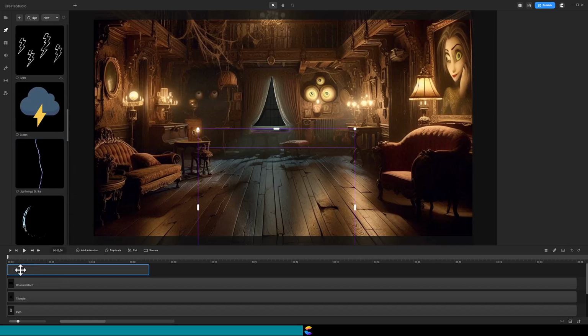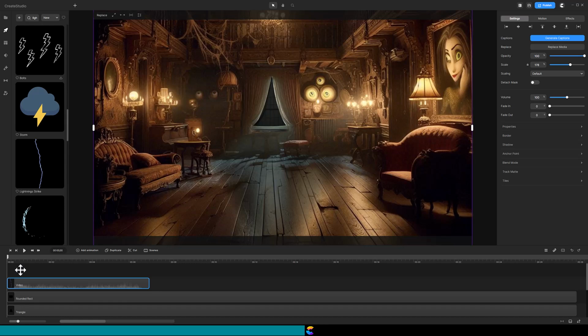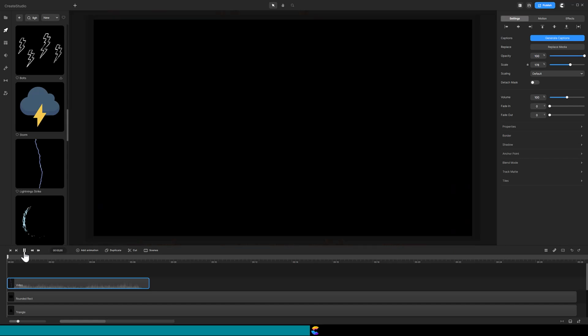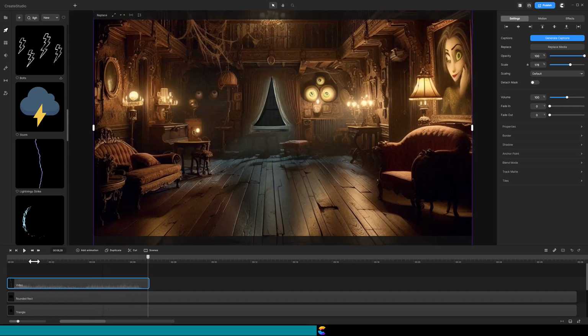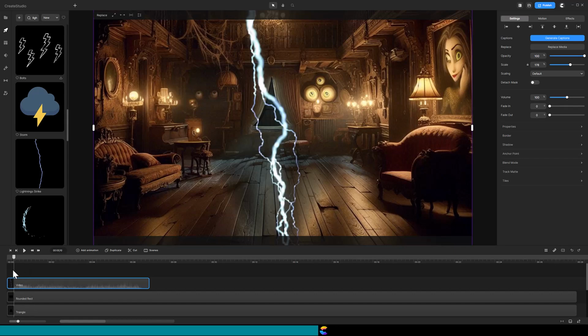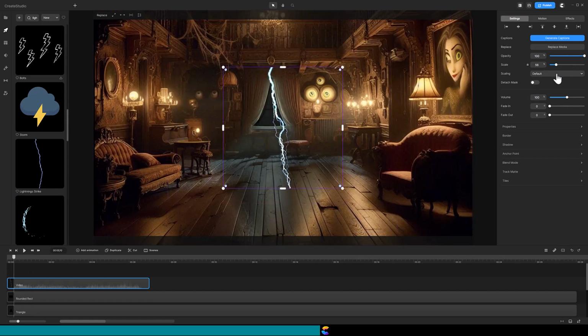This is a video of some claps of thunder that will be great to set the mood. Drag it onto the timeline and play it to see how it looks. The video is sized for the entire screen, so I will fast forward through this part where I reduce the size of the video and reposition it so that most of the lightning strikes are in the space of the